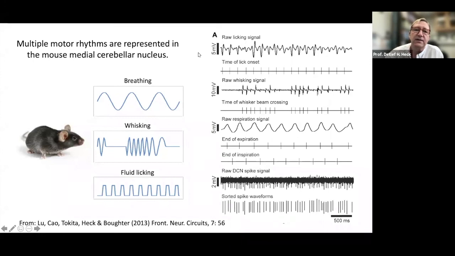We recorded neuronal activity in the medial cerebellar nucleus, and we found that the majority of the nuclear neurons represent rhythmic movements, and many represent more than one. We even found 2 in our sample of, I forgot, 24, that represented all 3 of these: breathing, whisking, and fluid licking. So that's quite interesting, and they're projecting to the brainstem, so they might be involved in coordinating